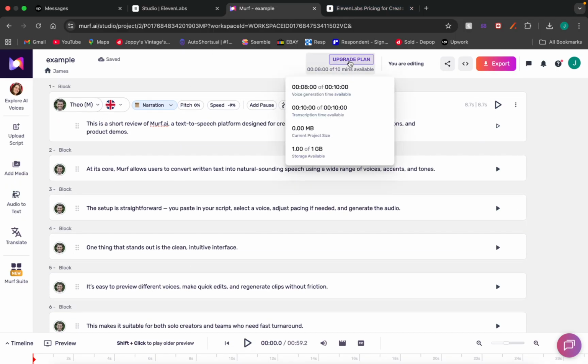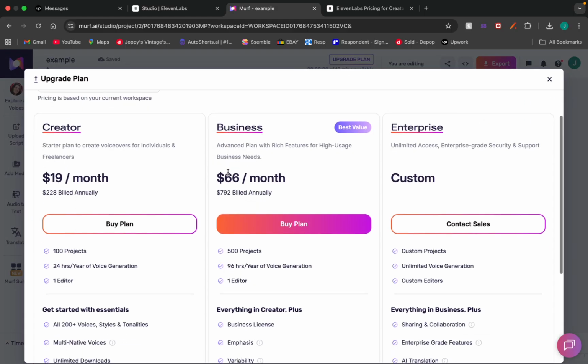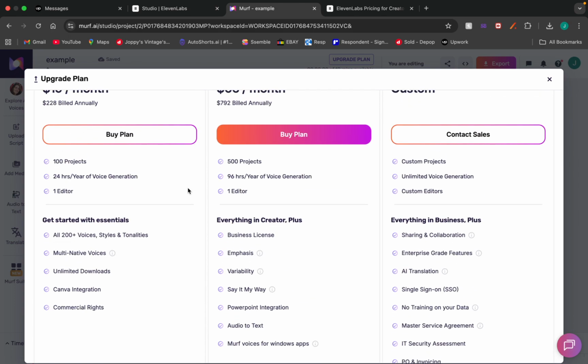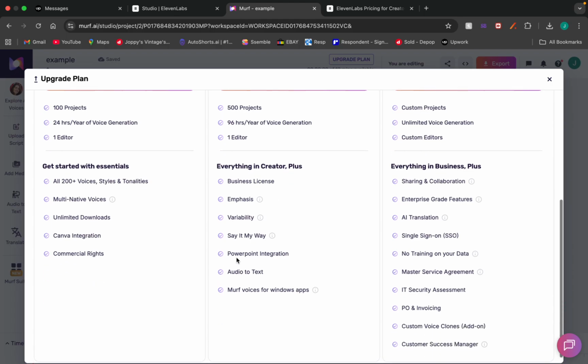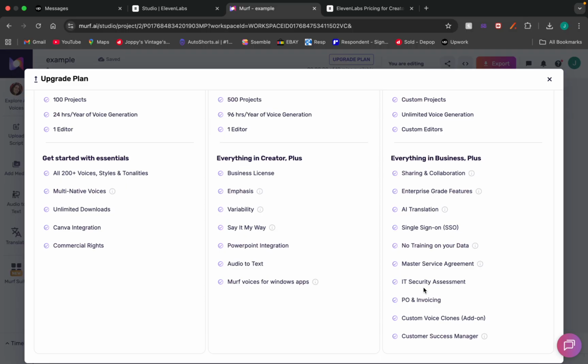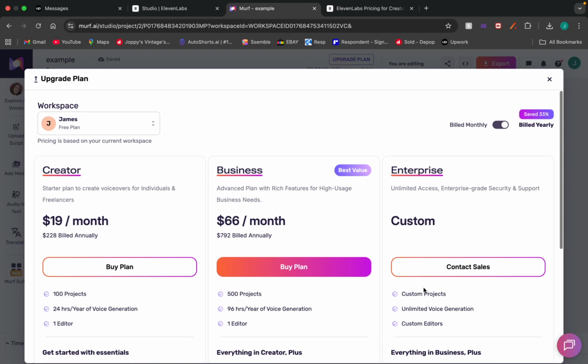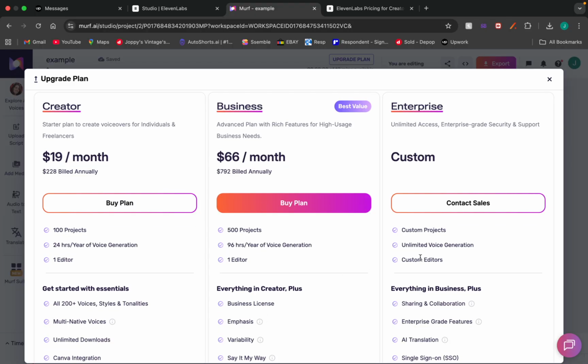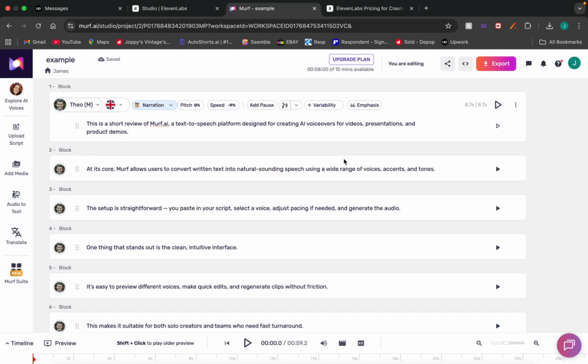So I'm going to go on upgrade plan here just to show the differences between the different plans. So we do have 200 plus voices, styles and tonalities, multi-native voices. It doesn't show me the different languages, but I may be able to find that somewhere else. And we do have limits on the different amounts of voice generation. So if we go back to the free version that we're currently using, you only get 10 minutes available of